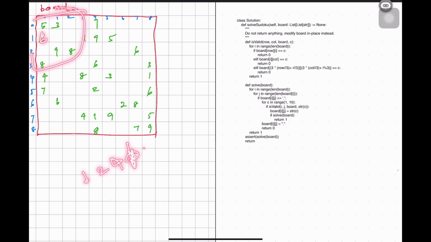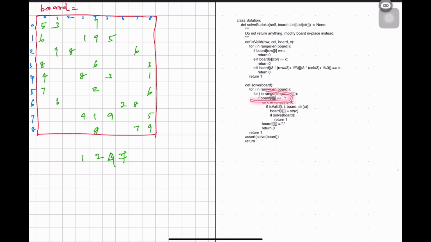Like this we will be comparing all the values. So what are the possible values for this particular cell? 1, 2, 3 no, 4, 5 also no, 6 was present, 7 you can fill, 8, 9 were present. So these will be the choices.